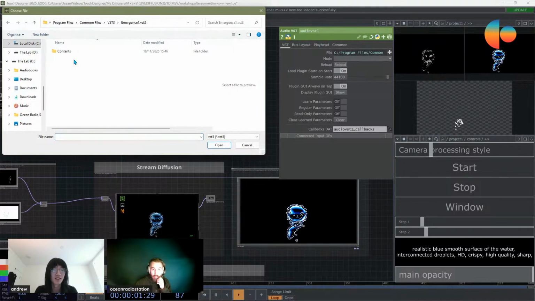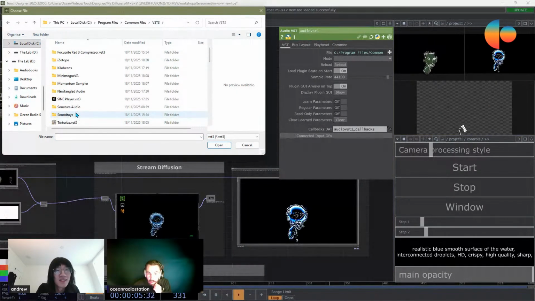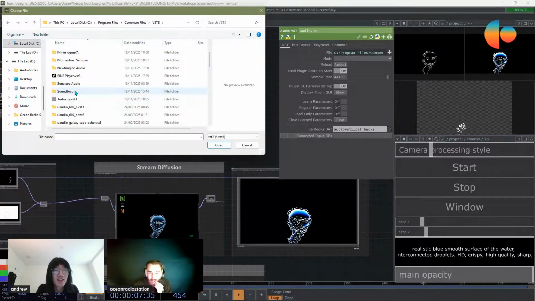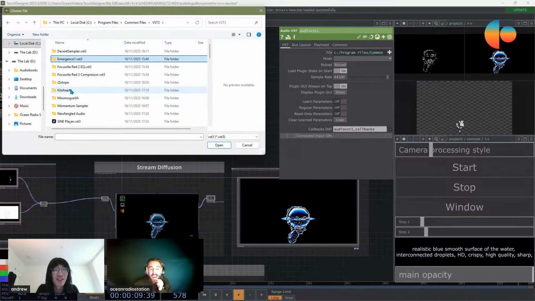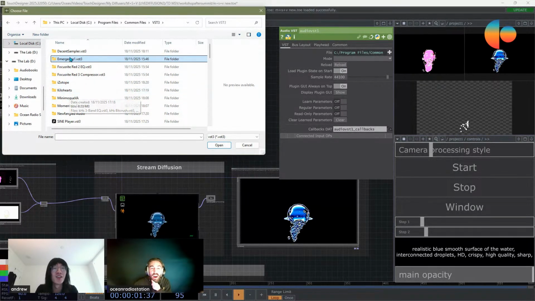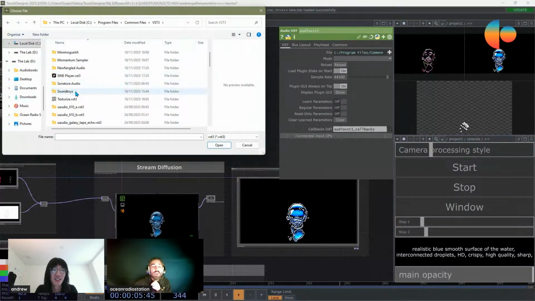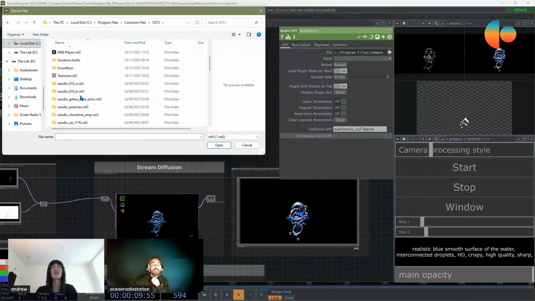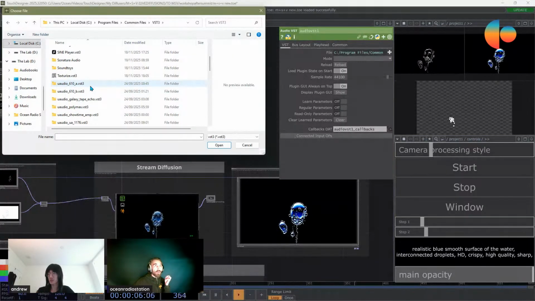I have some VSTs installed, a bunch of them. Like if you play a note, it changes it? Yes, it's like a hardware synthesizer inside your computer, but also you can use VSTs as audio effects.